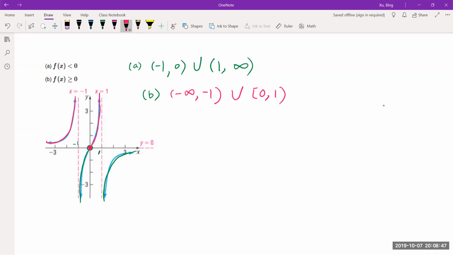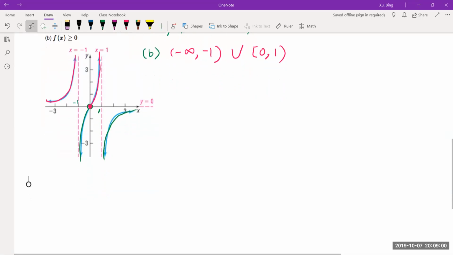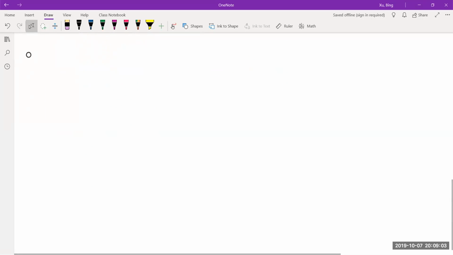Any questions on, given a graph, how to read the graph and solve an inequality? Have questions on that? All right. So moving on to the next problem is